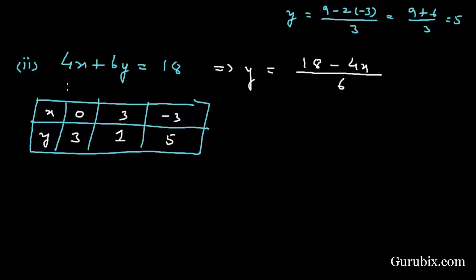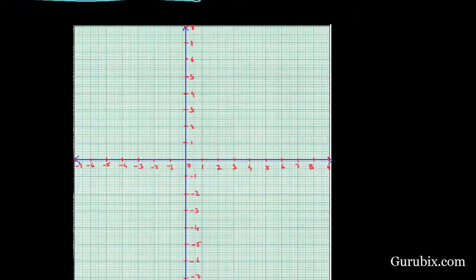And now we shall draw this solution table using the graph. Let these be the points P, Q and R. Now we shall plot the points in the tables on this graph paper. The first point is, if x equals 0, this is x equals 0, then y equals 3. So first